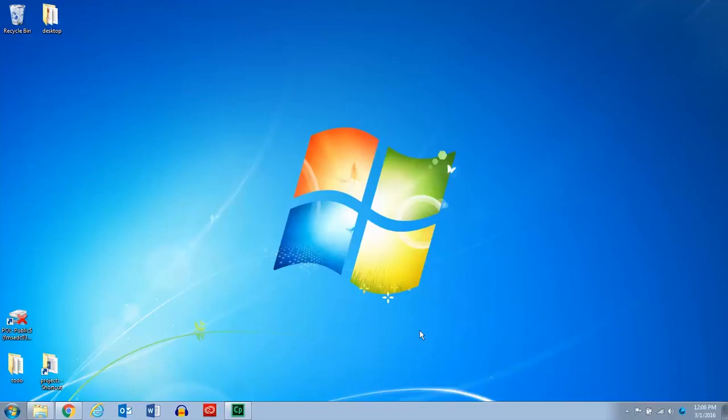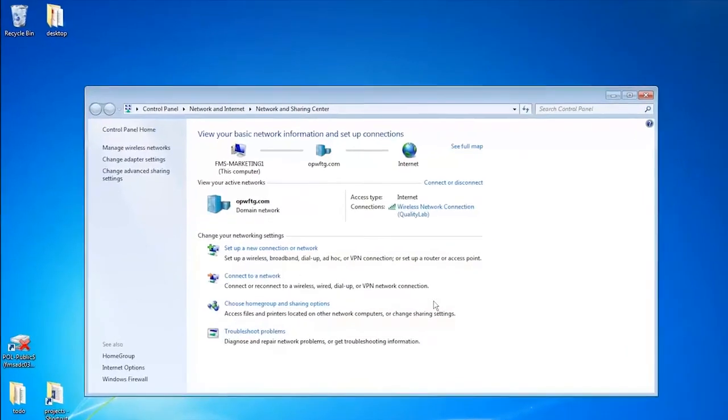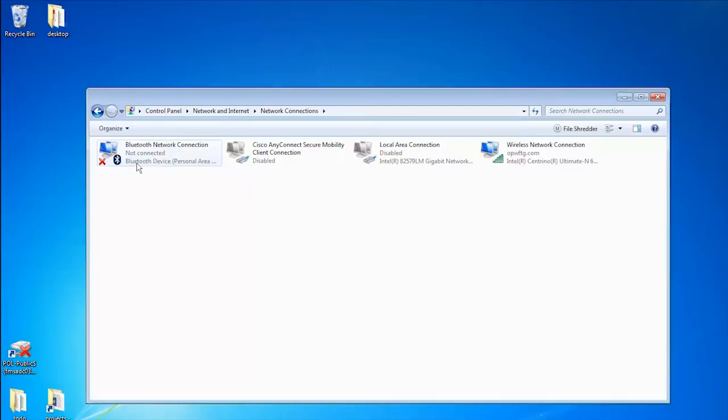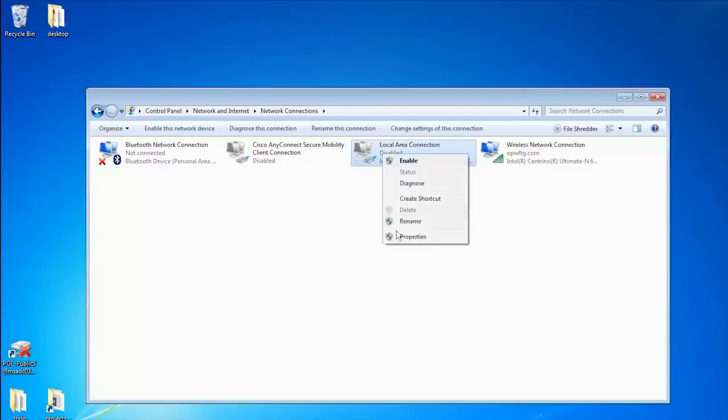The way we make that change on our computer is if you go to the bottom right hand corner, you'll have an icon that gets to the Ethernet adapter settings. If you right click on that and select Open Network and Sharing Center, it opens up the configuration screen for your network adapters. If you click on the left side, change adapter settings, and then we're going to select the local area connection. You right click on it and select Properties,